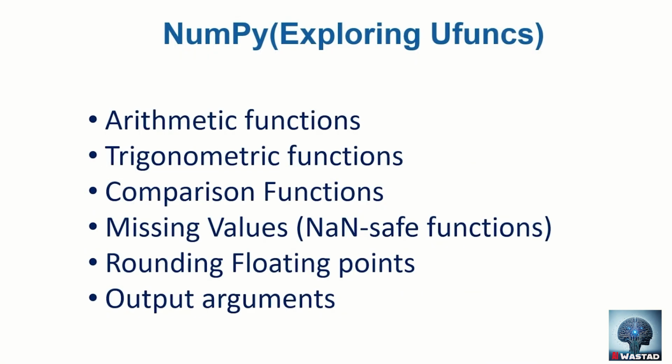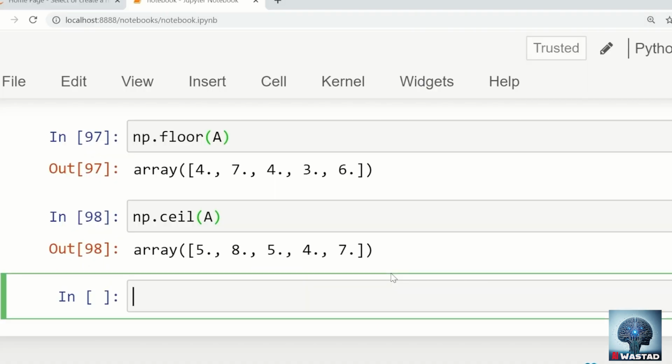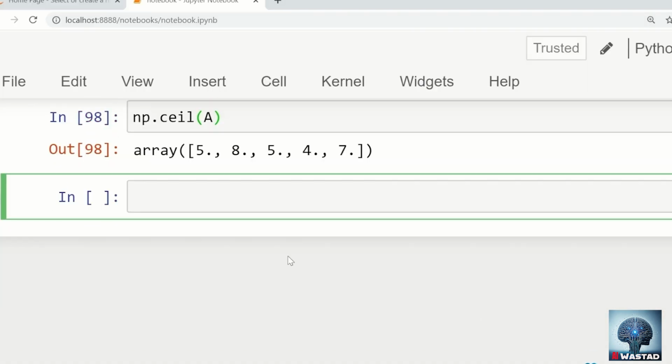Thank you, everyone. Welcome back. In this particular video, we are going to discuss the output arguments, one of the features in the universal functions of NumPy. Primarily, I'll be trying to remove the confusion that if an operator is available to achieve the universal function, should we really go for a universal function call or not? Well, in certain cases, I would say yes, and I'll explain this with this particular example. Let me first tell you a feature of